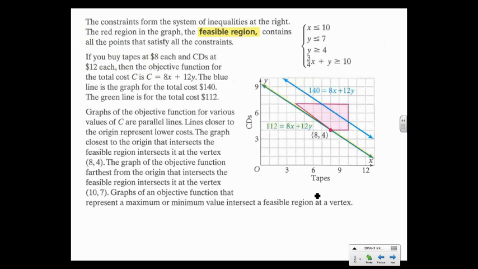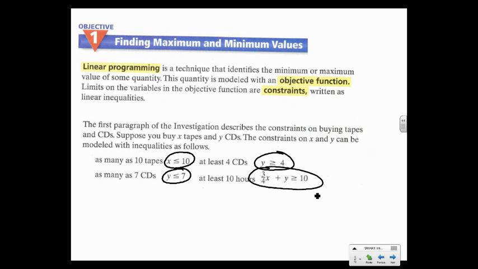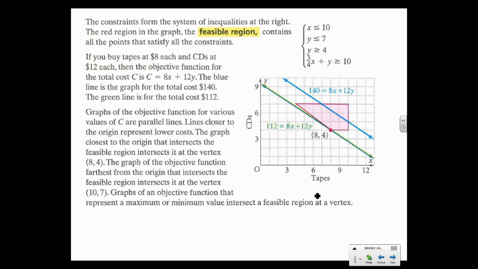So here's what it's going to look like. All right, so we've graphed 4. We've got 4 inequalities here, right? X is less than or equal to 10. So that's this line here. Okay. We've got to be above y equals 4, so that's this line. We've got to be below y equals 7, so that's this line. And then this line here, this diagonal one,